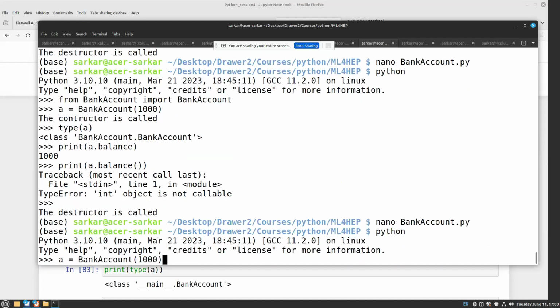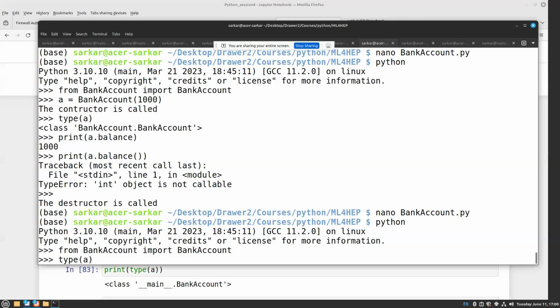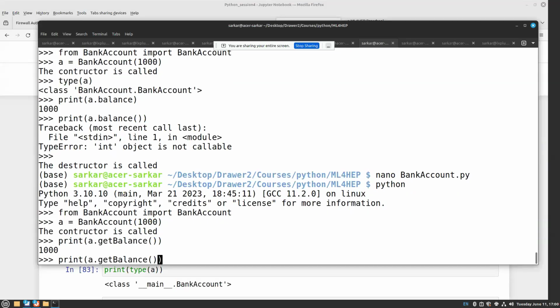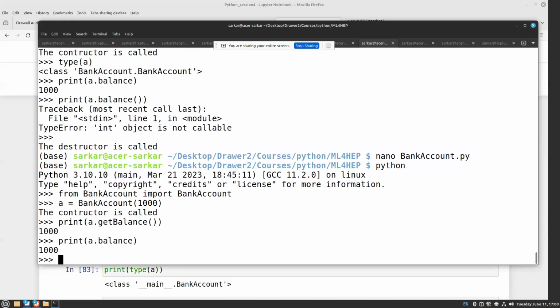Let us see. Okay, so I can do get_balance. This should now work. This works. And if I simply access the balance variable directly, this also works. So this is the old stuff. If you don't put the underscore, you can access the so-called private variables also, which you should not have accessed. But now with the new Python, although the error messages are not very clear,